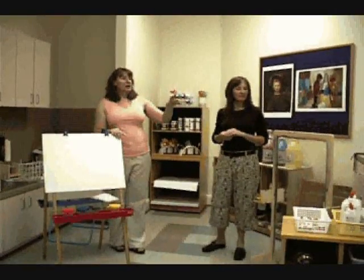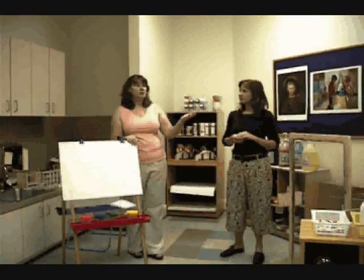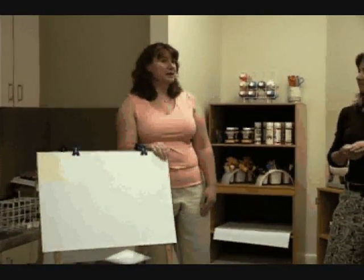Up this area for home daycare providers and preschool teachers to come and see a demonstration preschool, because this is not a working preschool, it's just a demonstration. Oftentimes when you're doing a workshop they go, wow, I didn't realize the children were actually learning by playing, and they want the parents to learn that as well. A lot of parents are concerned about academics, and they really are learning something when they are playing. It's just that you've got to observe your children and know your children and provide appropriate